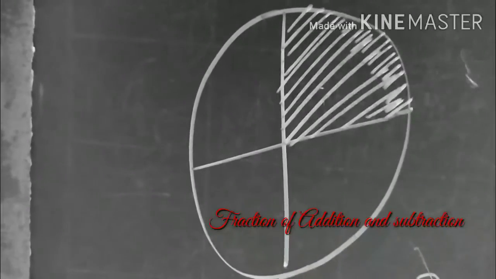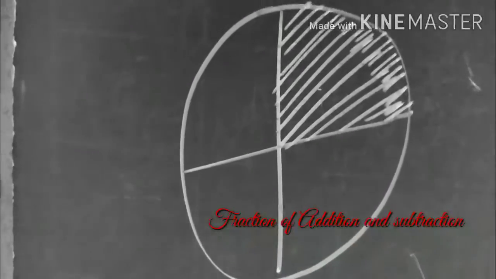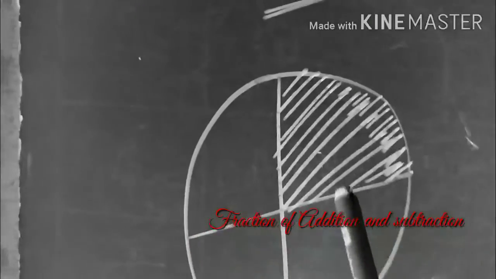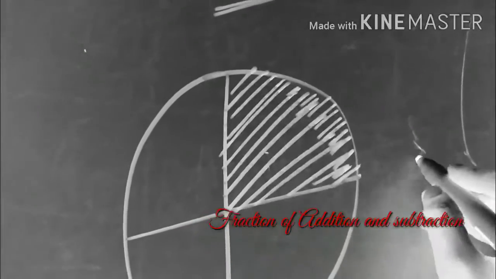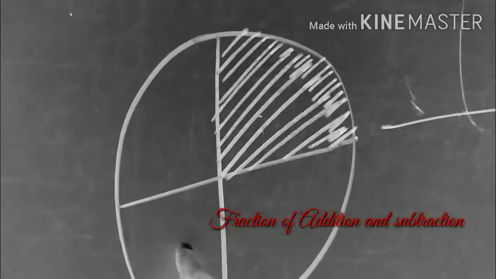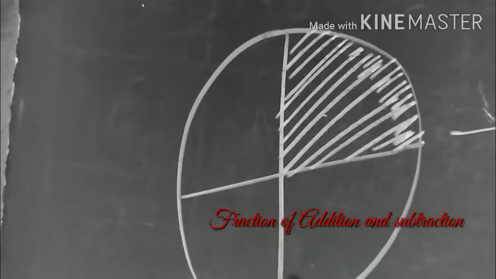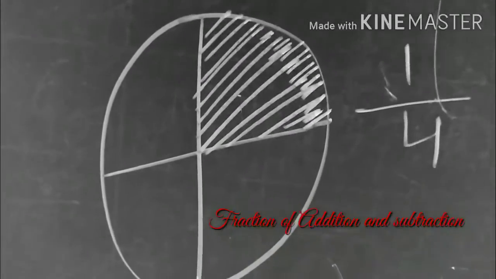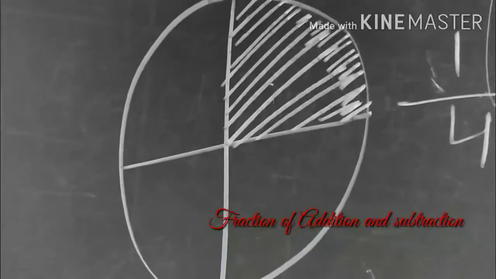Look at this picture. A circle we will divide into 4 parts. Circle is divided into 4 parts: 1, 2, 3 and 4. We will count as 4. First we will line. Total part should be here 1, 2, 3 and 4. So we will write total part here. How many parts are colored? 1 part. So we can write as 1 by 4. This is known as the fractional part of a circle.